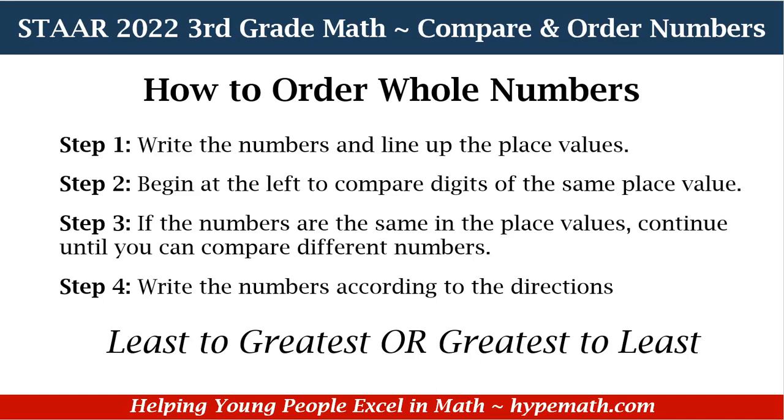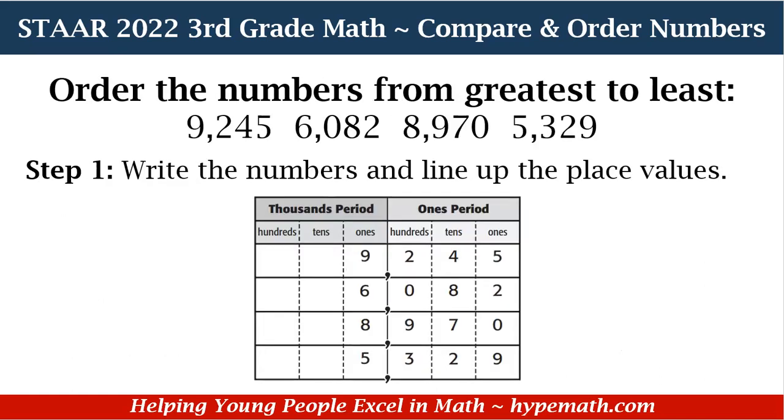So the directions will say either order the whole numbers from least to greatest or greatest to least. And of course, we have an example. Our example says, order the numbers from greatest, which means the biggest number, to least, which means the smallest number. So the numbers we're going to be ordering are